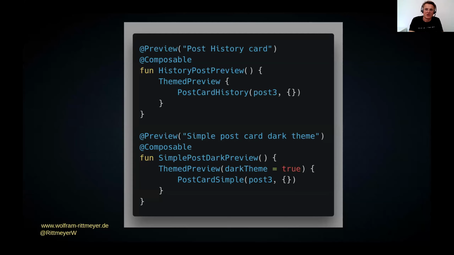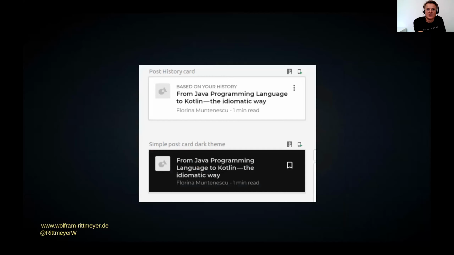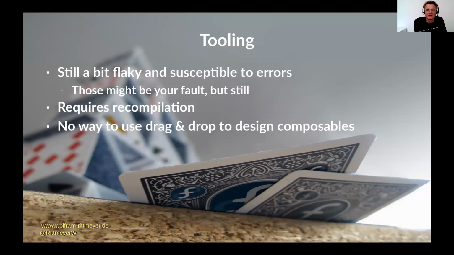This is from the Jet News sample app by Google. And as you can see, it's using different themes here. And it looks like that. But as I mentioned, that's about everything. And it's flaky. Didn't work, for example, for my text plus slider component. Probably my fault, yeah, but I don't know what's the reason for that.